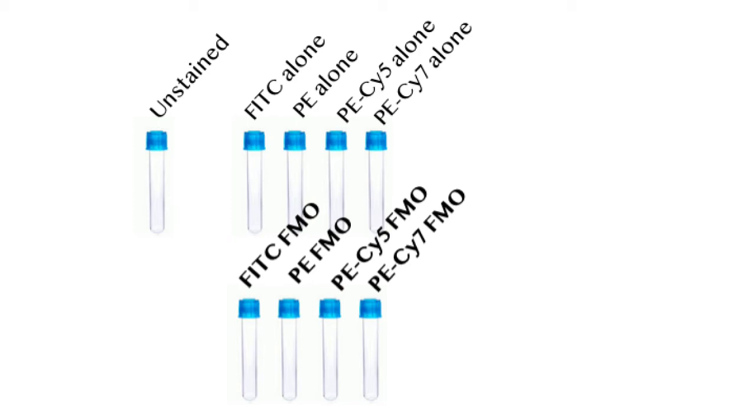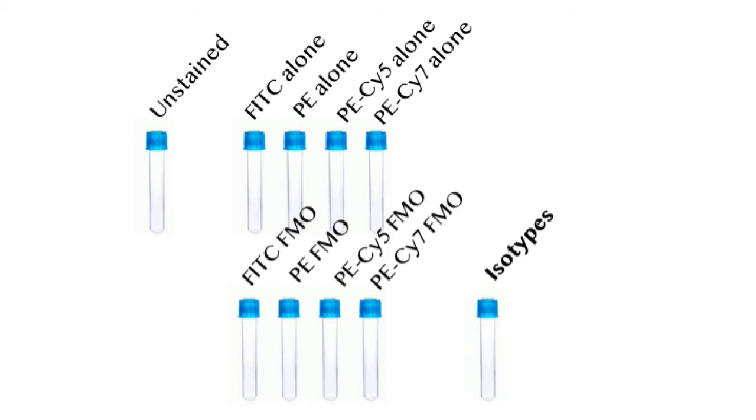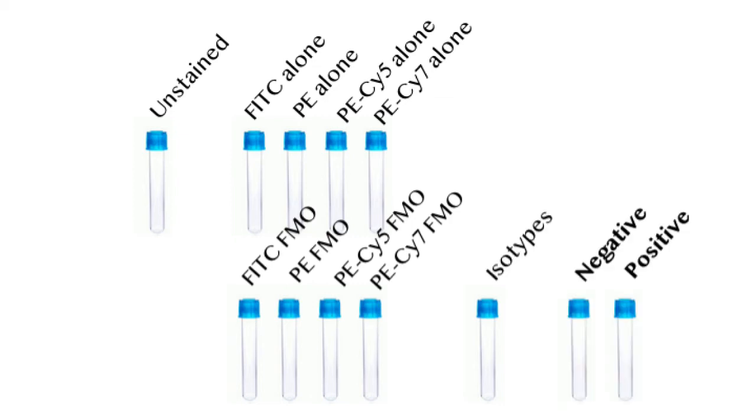Now for this experiment, let's say we have a mix of intracellular stains and cells with a lot of Fc receptors, so we do want to check our isotypes. Lucky for us, we can get an isotype in each color and mix them all in the same sample like we would do in our samples. So looking at our isotype controls, this only adds 1 more sample, bringing then our sample total to 10 before we've even gotten to our experimental samples. Finally then, adding in our negative control and our positive control, we now have 12 samples that we need to account for as our controls before doing our experimental samples.